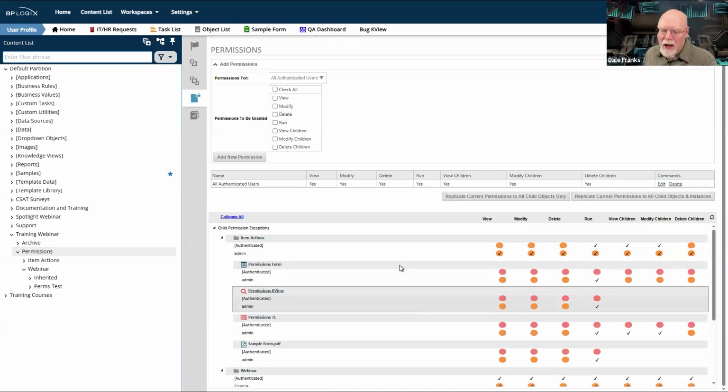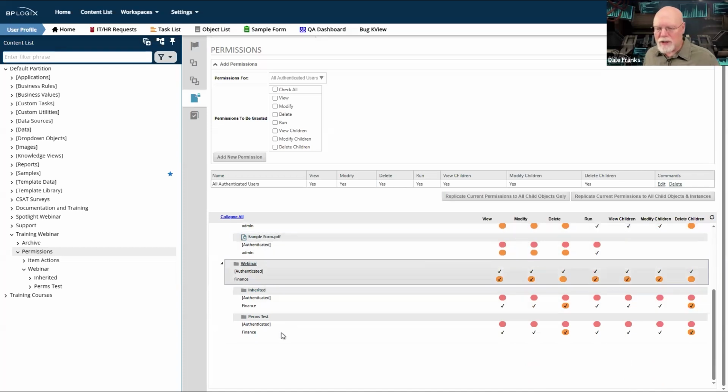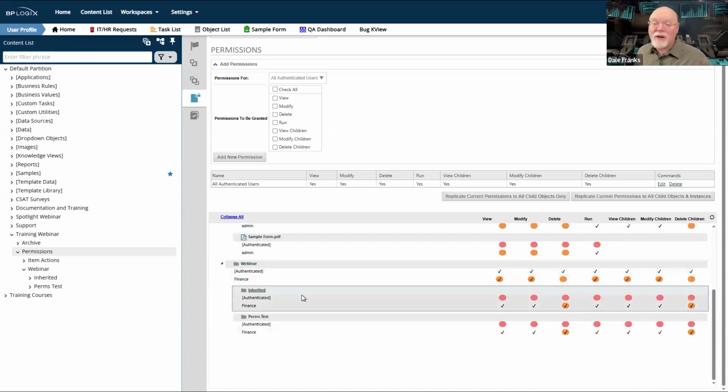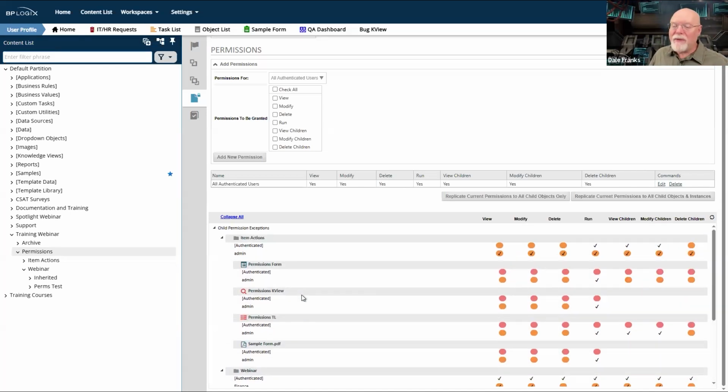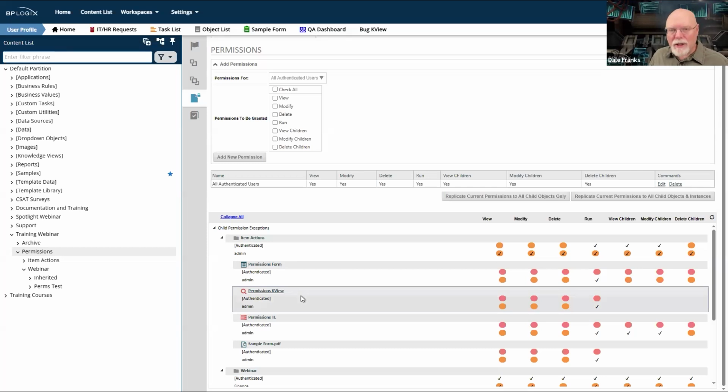Either way, I don't want to do it because I have special permissions set up for all of these, and that is fine. It may in fact be that some of the subfolders have different permissions set. And if so, then when you create objects in those subfolders, they will take the permissions of their parent folder. And obviously instances take the permissions of their parent.